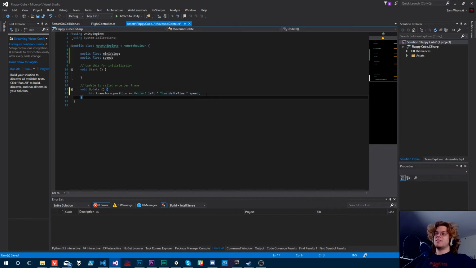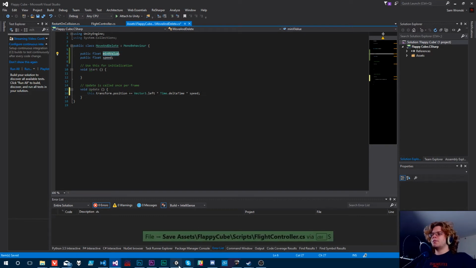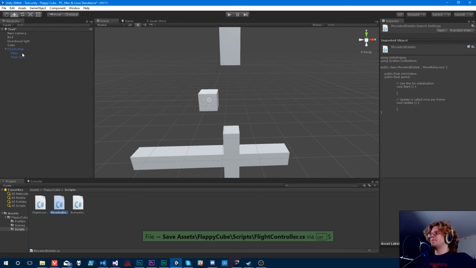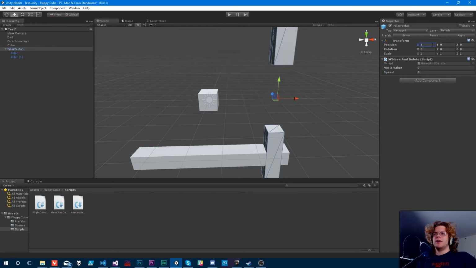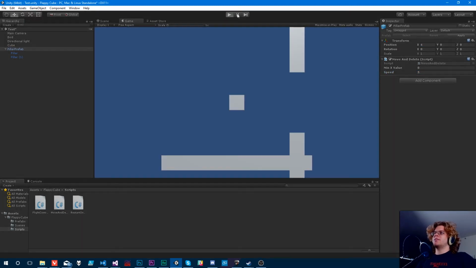And so that is going to update our pillar. The issue is I haven't used this min x value thing at all. So I just want to show you what that's going to look like. So if I take that and drop it here and set like a speed of 5, for example, and we can put that over there. If I start this,